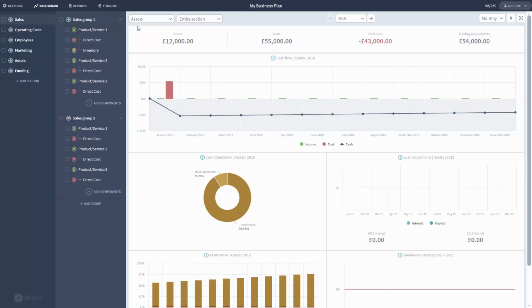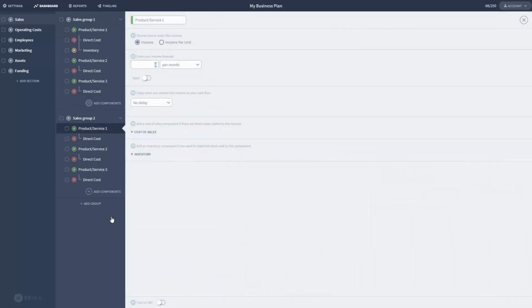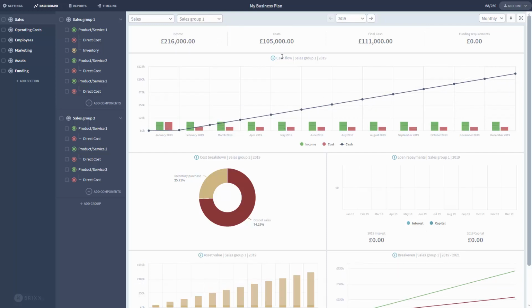Now the other part of it is that you can go further. So in this section here, our sales, we've actually got two groups, sales group 1 and sales group 2. So let's just look at sales. There we go. And I don't have any numbers in this sales group 2, so I'll add some numbers here. There we go. When I hover over this bar, you can see I'm now breaking this down by sales group 1 and sales group 2, and I can use the second drop down to select sales group 1,